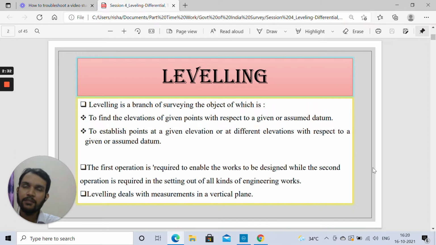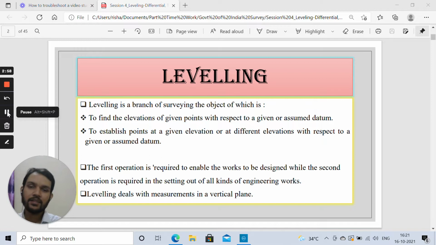The same technique can be used, the technique which we will be discussing as we move forward with the lecture. Once the elevation of this particular station is known to us, we can easily compute the elevation of any other station, where the difference between those two stations should be equal to 0.5 meter. And how this can be done will be one of the most important parts that we will be discussing.